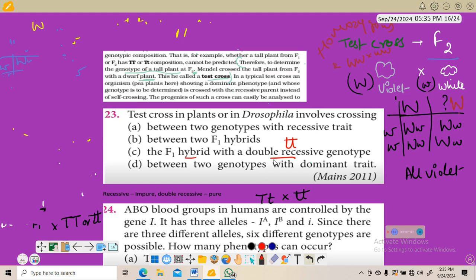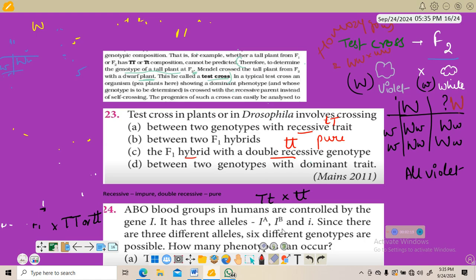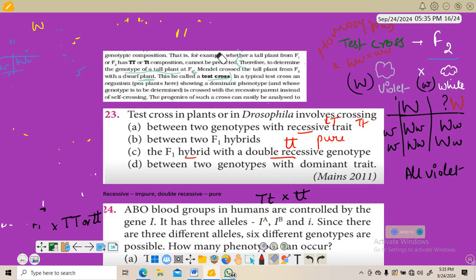Double recessive means it should be in pure form. If it's written only recessive, that means it could be like this also, I mean, it could be capital T and small t. So if this is the C part. Next is